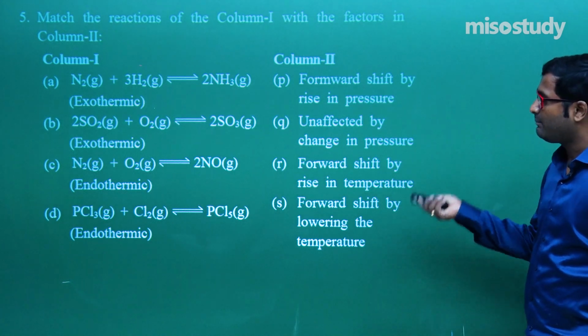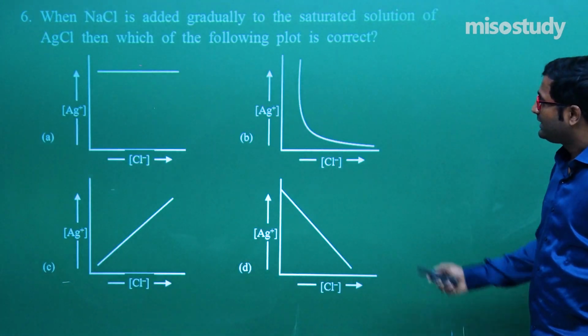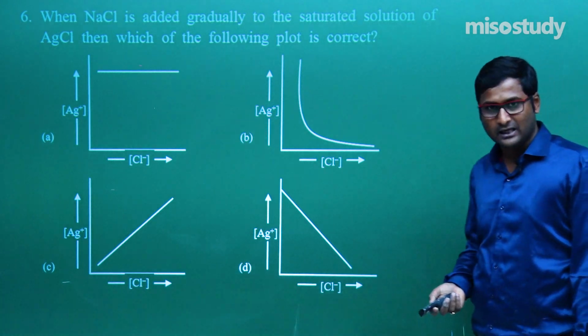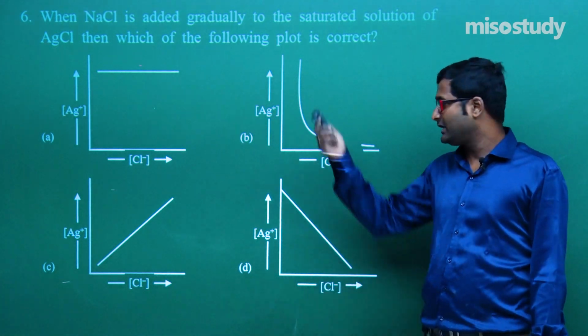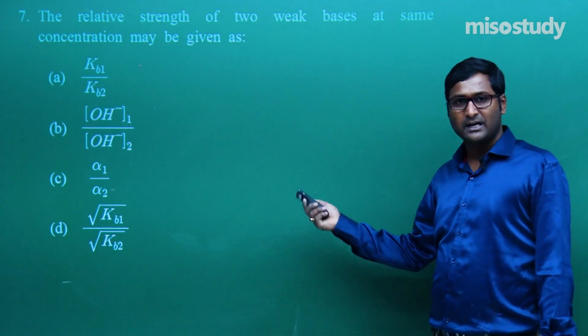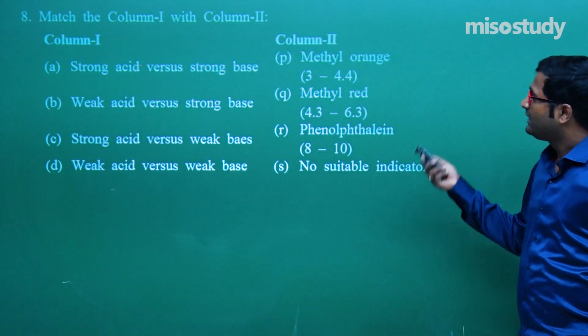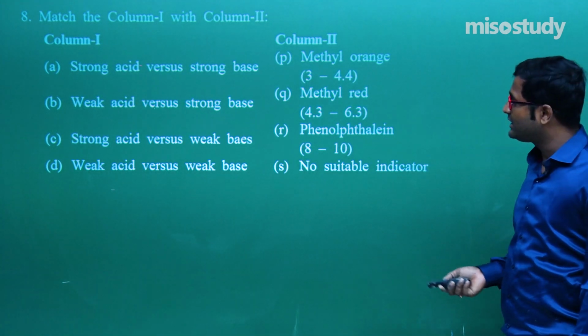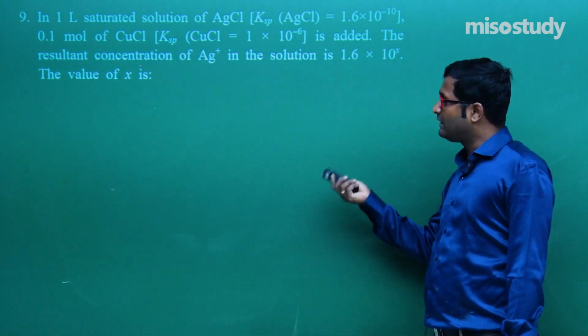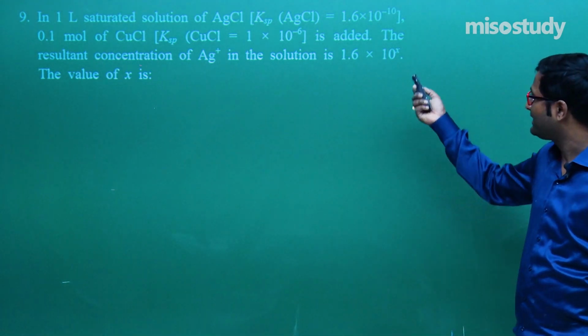Now in this case, column matching, a completely theory type question. This one, as I told you, common ion effect, there is an increment of one and a decrement of the other, inversely. So this one is a graph. And now this one, as I told you, B, C, D, multiple choice question. Now this one is the best question from the 2019 JEE Advanced Examination, and this one, that is the simultaneous solubility, the value of x 10 to the power minus 7.